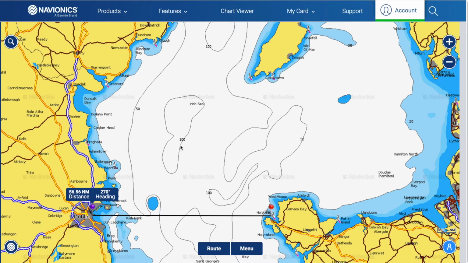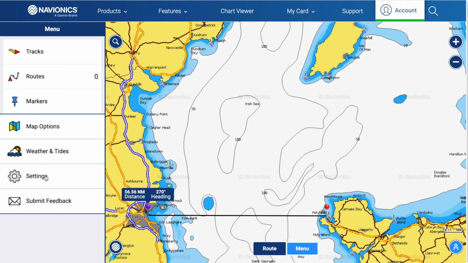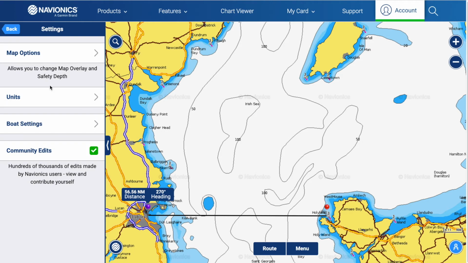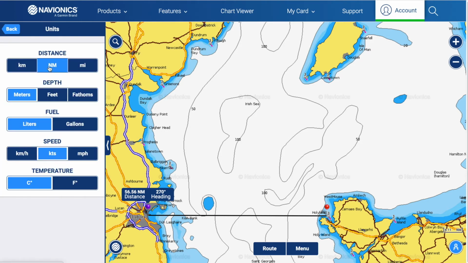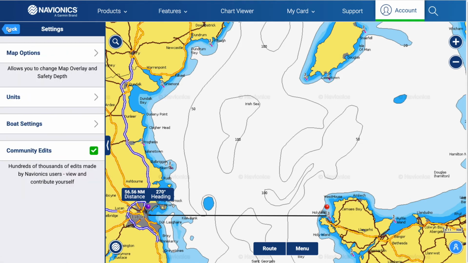What I want you to do is to zoom into this area in the Irish Sea between North Wales and Ireland. And the first thing I want you to do is to go to menu, go into settings, and change the settings for units to distance into NM, which is nautical miles. The 3 we've got here are kilometres, nautical miles, and miles. So I want it on nautical miles. Okay, so click on nautical miles, and then we've got